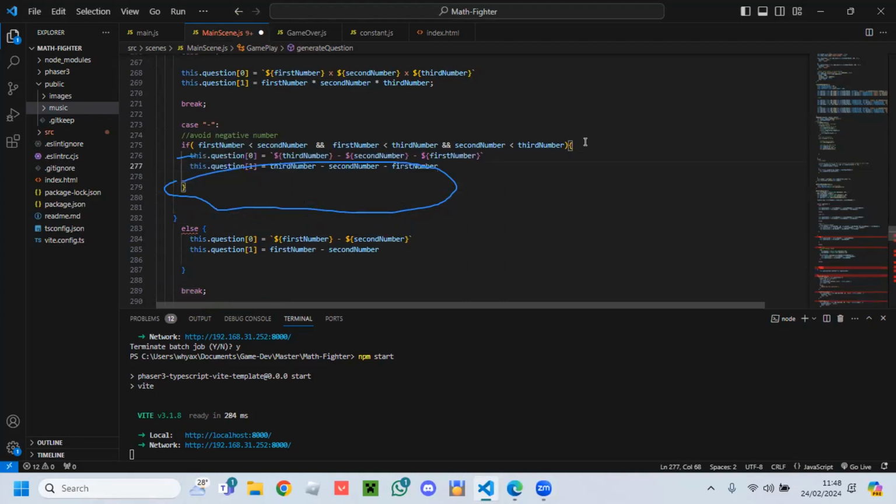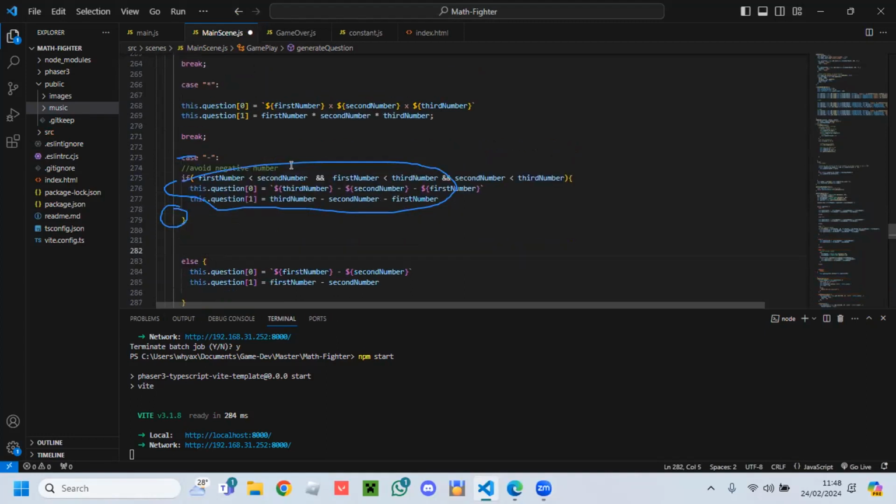Yeah, good one. So you have a double if, you see. With this one, just delete that.